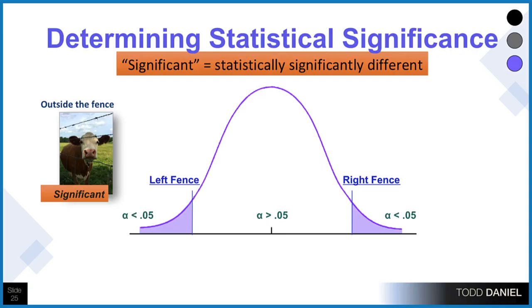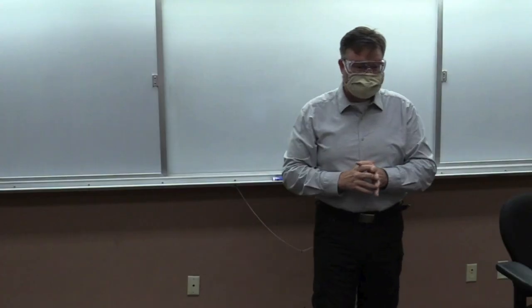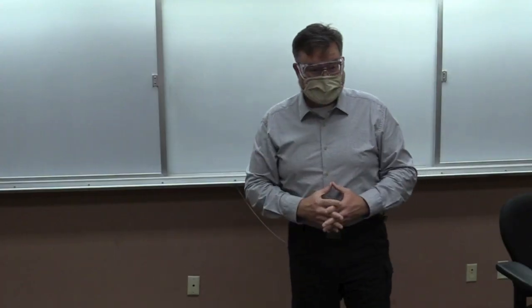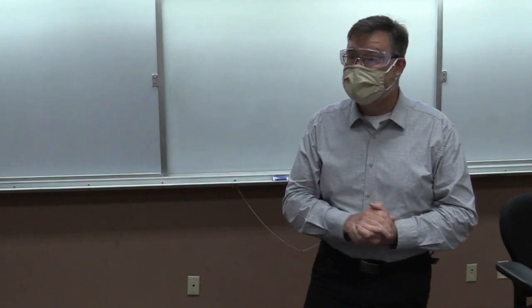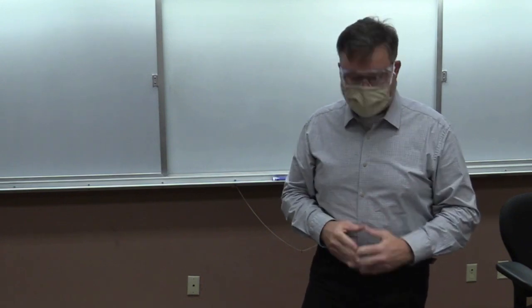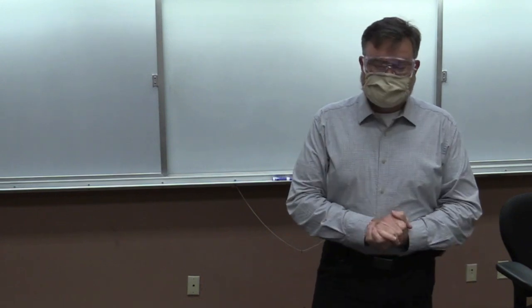Does it matter to you if you are in the middle of the field versus right next to the fence in terms of being safe? You've got to be over the fence, outside the fence, in order to be safe from the bull. Now in this case, it's a cow. I couldn't find any pictures of bulls. This one I actually took out at my parents' farm, and there were some people who had cows that lived next door. So some great cow pictures here.